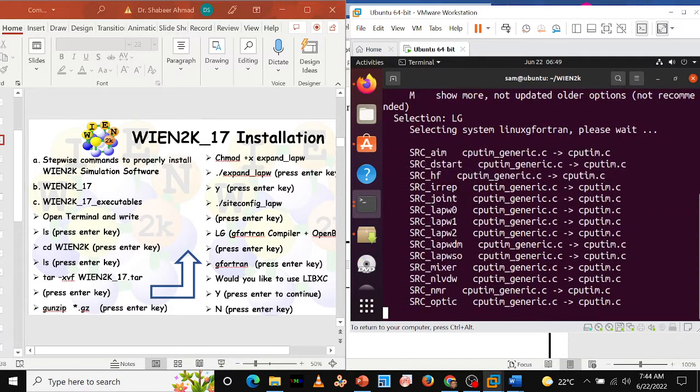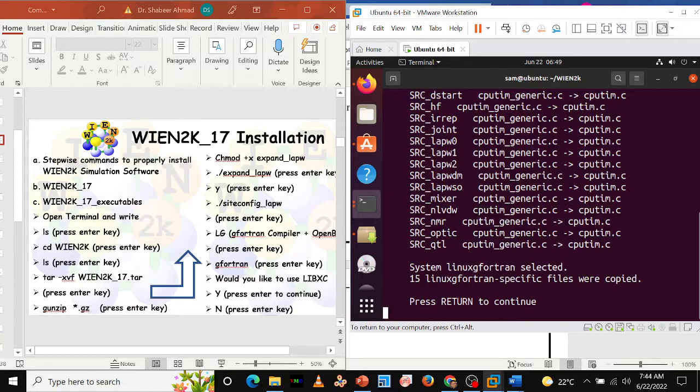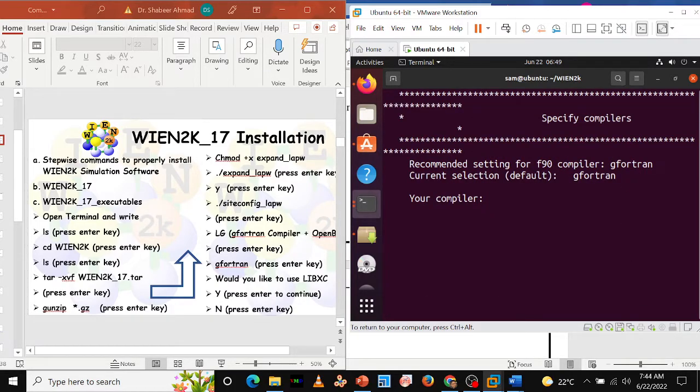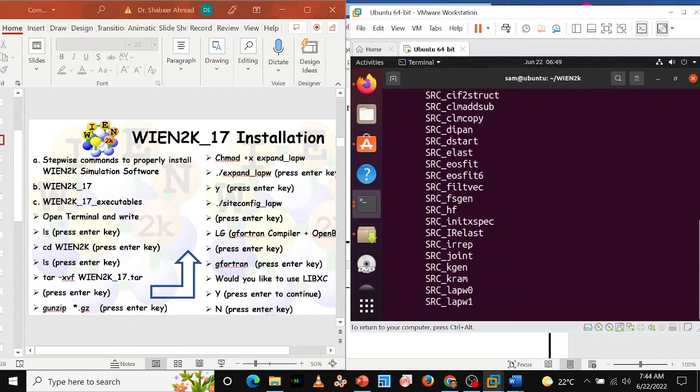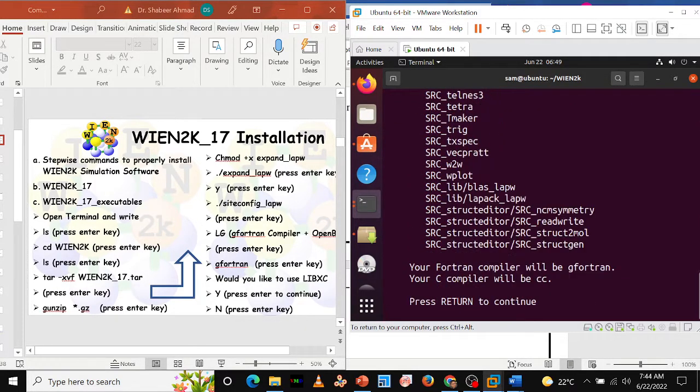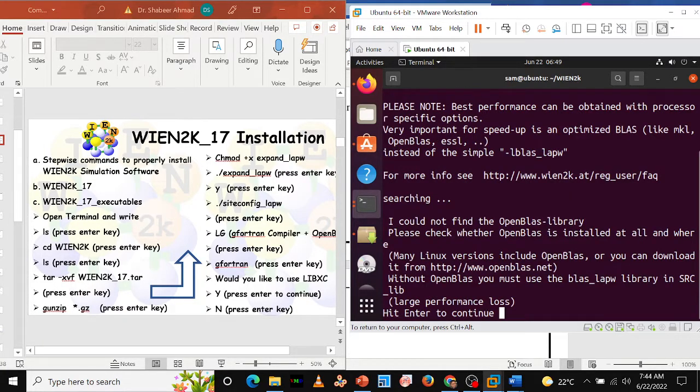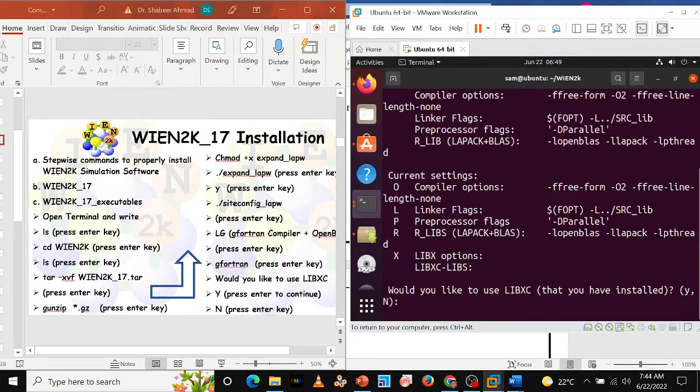Okay. So here you can see, press enter to continue, and compiler. You need to write here, the tab button does not work, so you need to write the gfortran compiler, cc, and then enter to continue. Hit enter to continue, and here you can see that